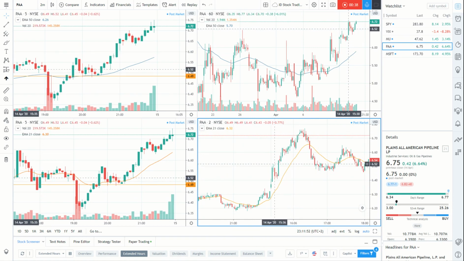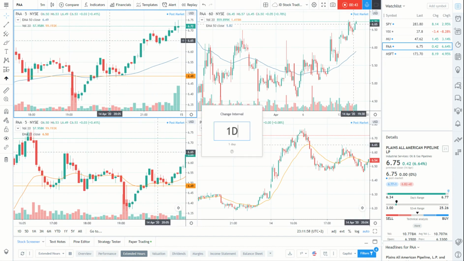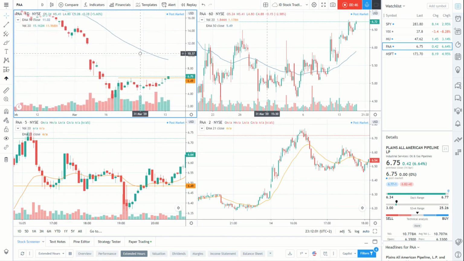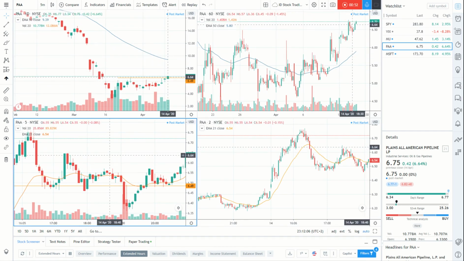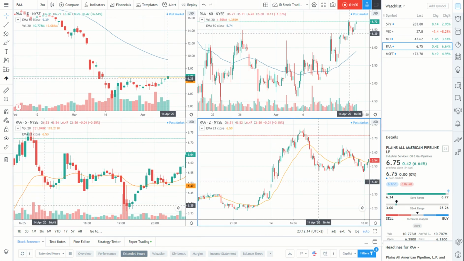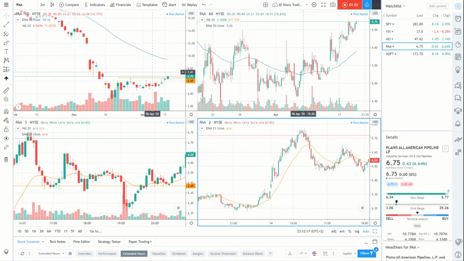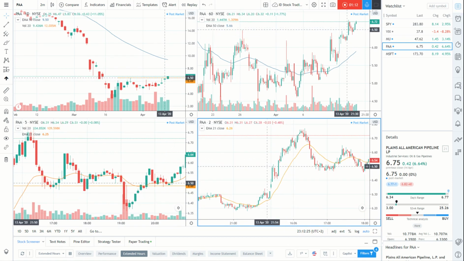just from the open, and by the way, this is the layout I normally use. So there will be my daily, my 1 hour, 5 minutes, on which for the first let's say 10 or 15 minutes I will also use the pre-market data on, and then the 2 minute which I mainly use for the entries. So PAA gapped up over those highs at about 650, and I took it a little bit earlier,